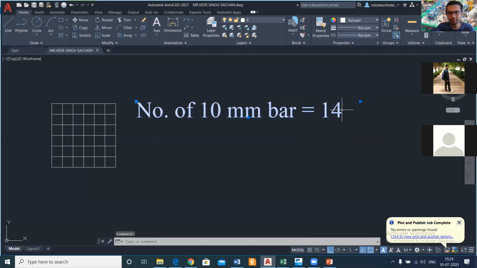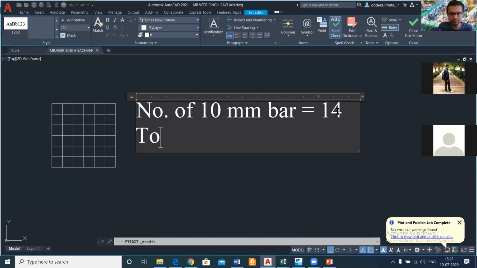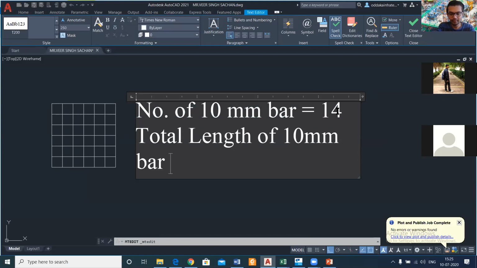So total length of this bar we'll find out. Total length of 10 mm bar equals, now number of 10 mm bars equals 14. So total length will be 14 into, so let us find out what is the length here.